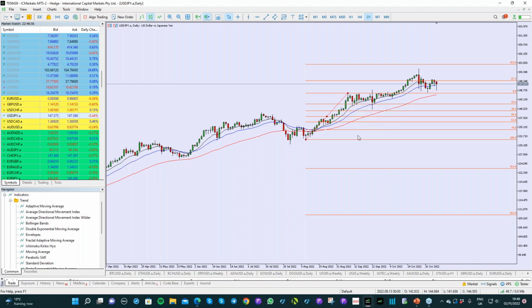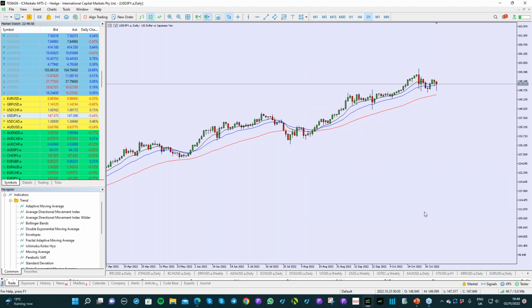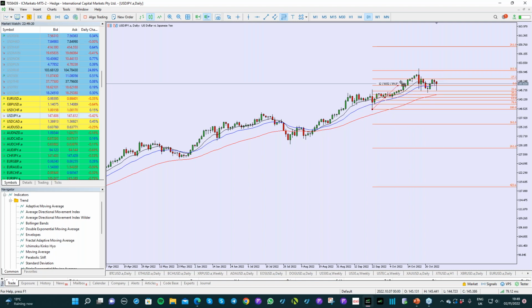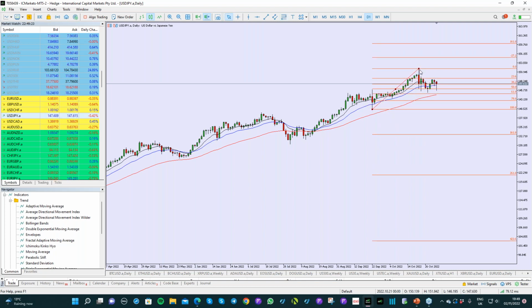So looking at current markets, and now, as I said, it can only be used in a trend really. So all I can do with dollar yen right now, I've got my most recent low, but I haven't actually got a high point yet. So in terms of complete moves, this is my most recent low, that is my most recent high,